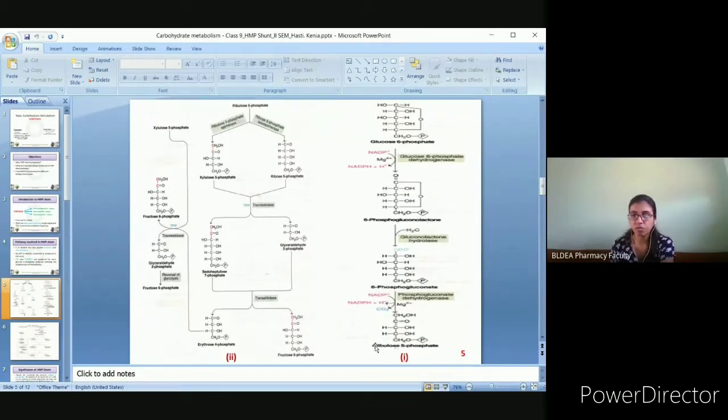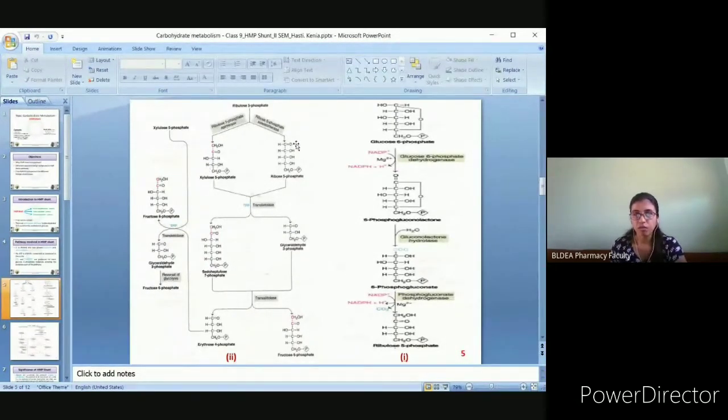So, these first 4 steps result in the oxidative phase of the HMP shunt, wherein 2 reactions are involved in oxidative metabolism. First, glucose 6-phosphate undergoes oxidation, and secondly, 6-phosphogluconate undergoes oxidation along with removal of a carbon dioxide molecule, resulting in synthesis of ribulose 5-phosphate. Ribulose 5-phosphate undergoes reaction utilizing two different enzymes. One is epimerase and one is isomerase.